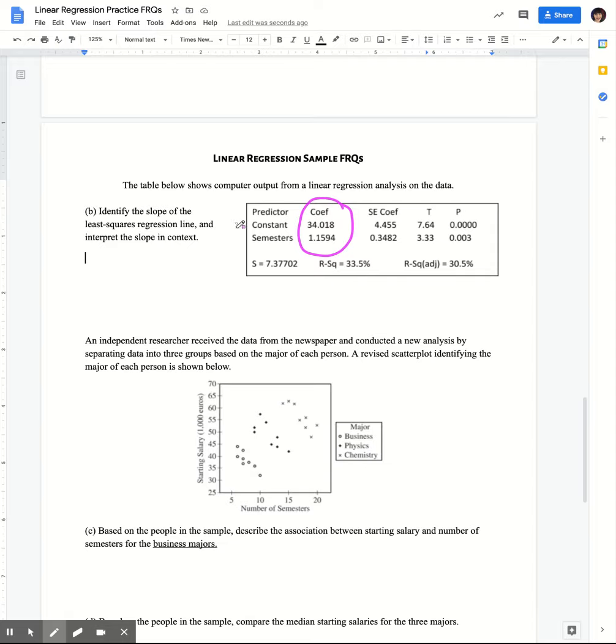And remember that your y-intercept is the first value, and then your slope is this second value. So my slope is this number, the 1.15. Okay, so I would say the slope is 1.1594, and then your interpretation is for every,